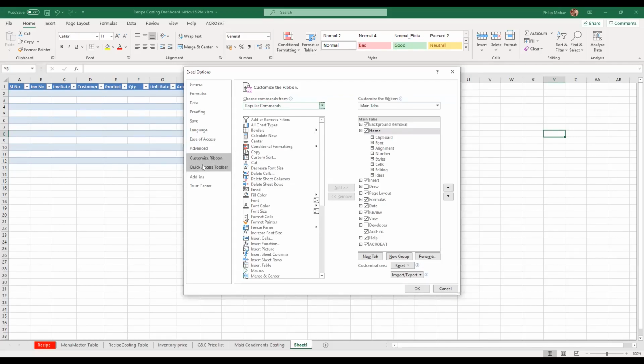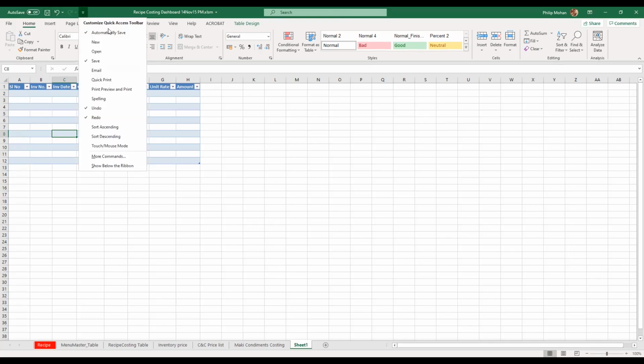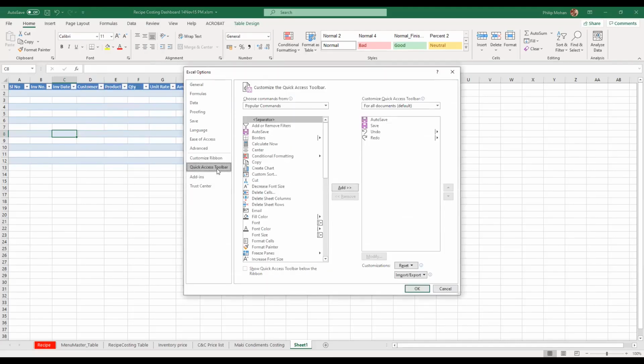Okay, let me continue. I'll cancel it and go back. We are inside the table. You saw how I created the table, okay? Then inside the table, you go to the top green part where it says customize quick access toolbar, and then you go to more commands, and it's automatically for the quick access toolbar. Now the green part is the quick access toolbar, but we don't want that. We want to add it in this area.